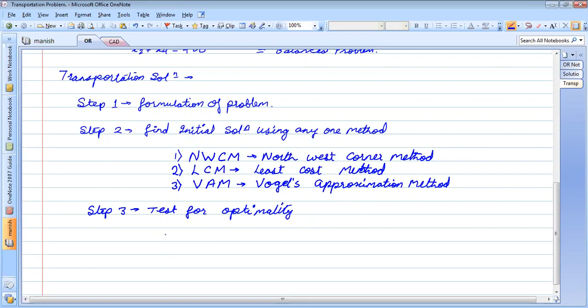This will be done with the help of Modi method. Modi method is not Narendra Modi method, it is modified method.